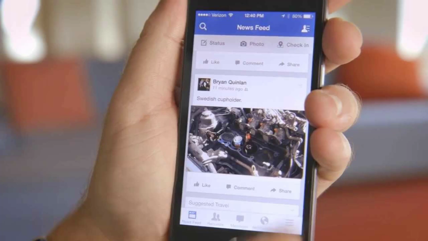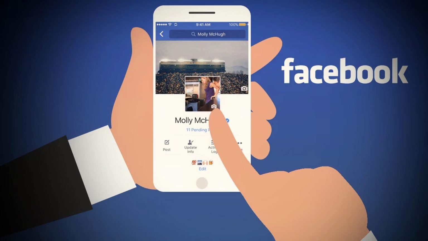Within the Facebook app for iOS or Android, tap the hamburger menu button, then select your Facebook profile at the top of the screen. Next, tap your existing profile image, then you'll see a few options that include selecting or taking a new profile video. Tap Select Profile Video if you already have a video you'd like to use, or tap Take a New Profile Video to record a new one.